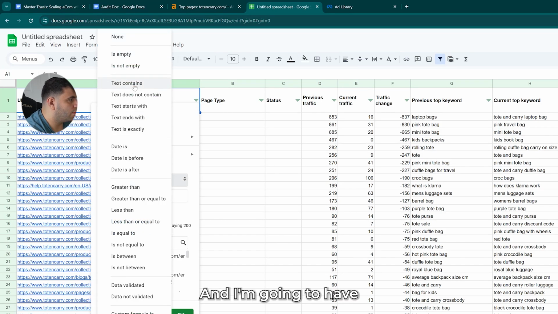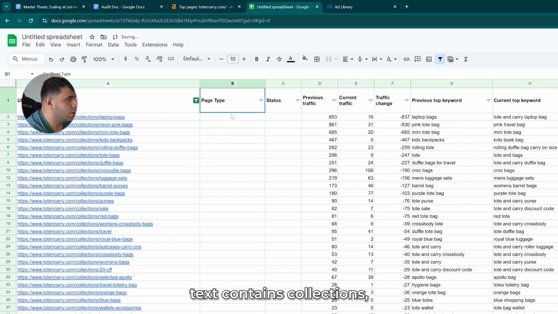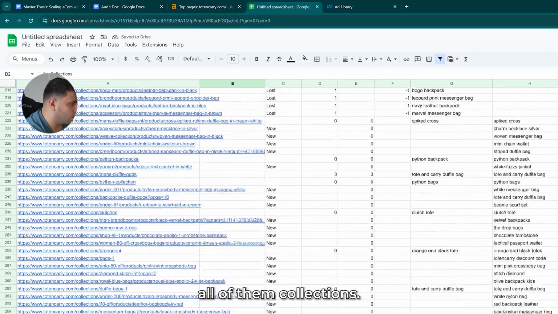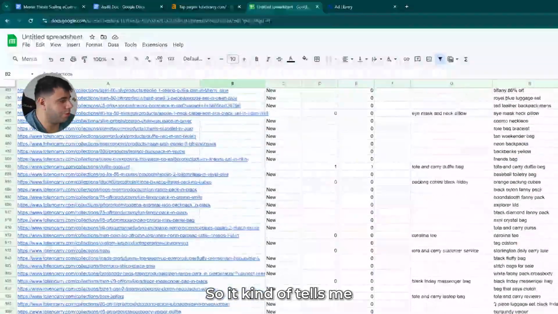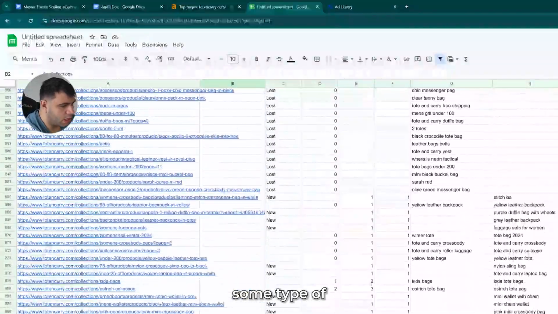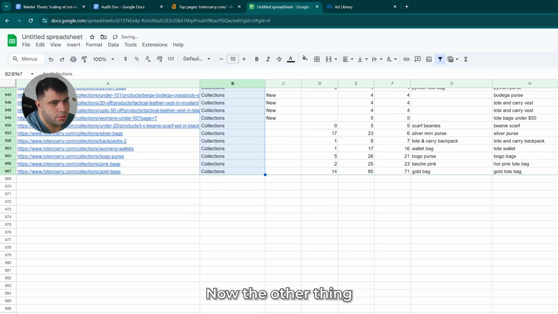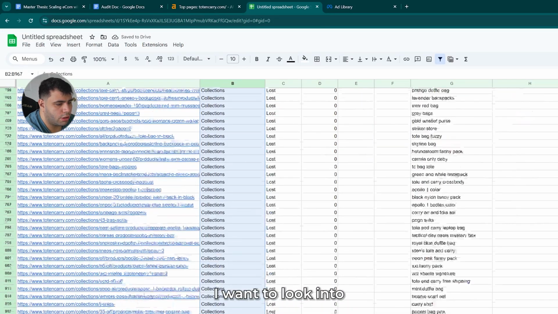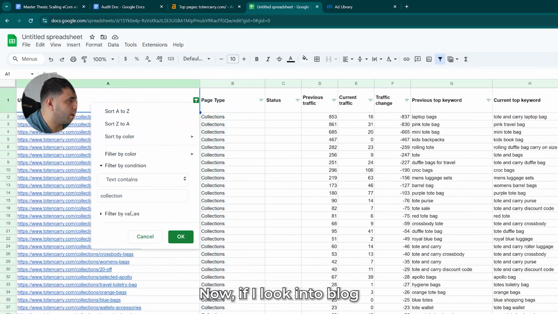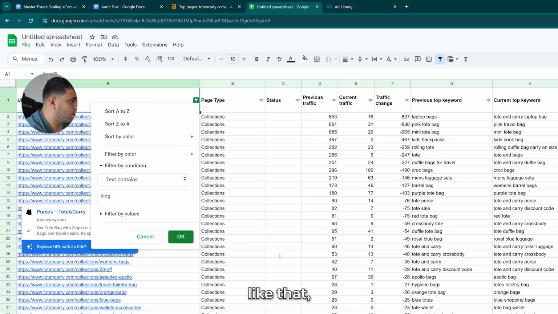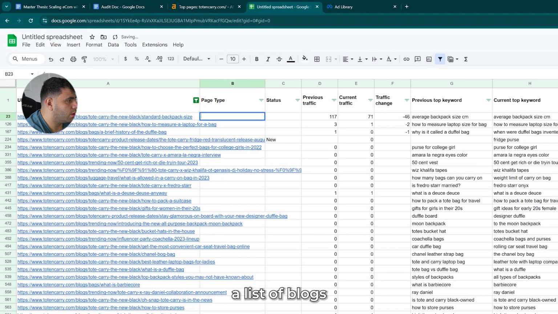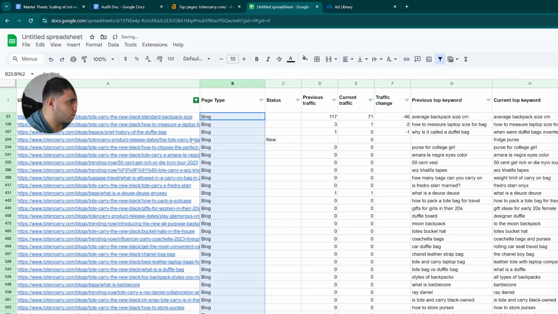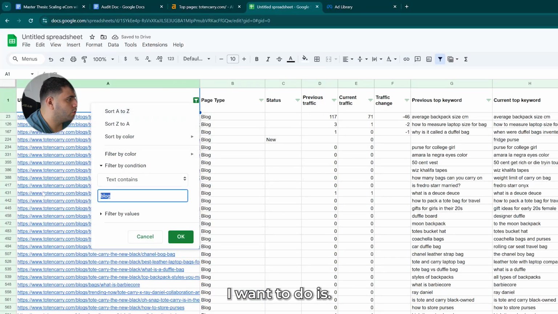and I'm going to have text contains collections, which means all of these pages are filtered by collections. So I'm going to label all of them collections, and they have a healthy amount of collections, so it tells me that there was some type of SEO done there. Okay, now the other thing I want to look into is the blogs. If I look into blog like that, it's going to give me a list of blogs, blog, and then the other thing I want to do is